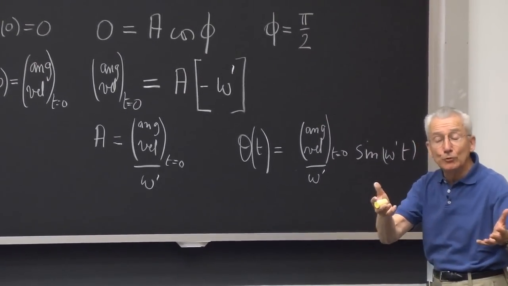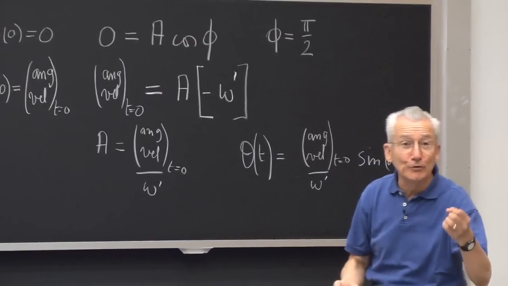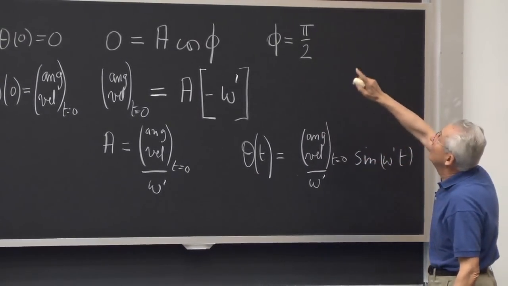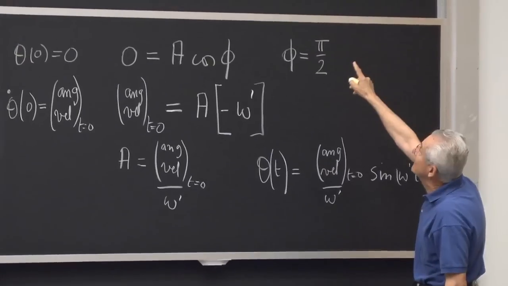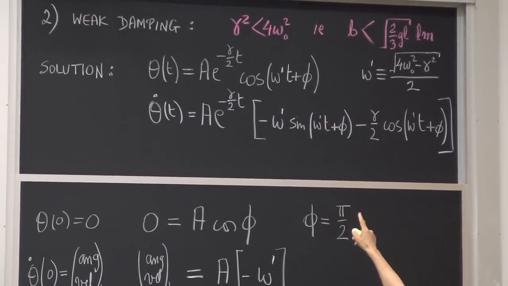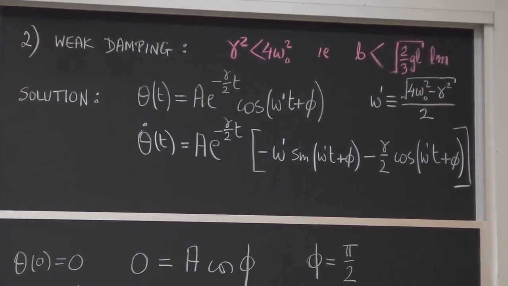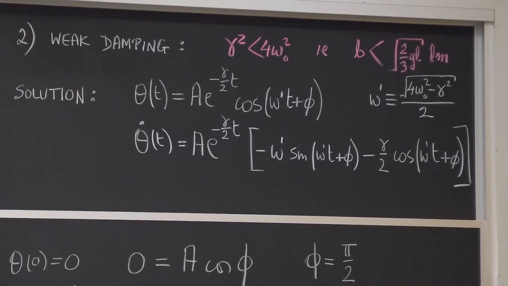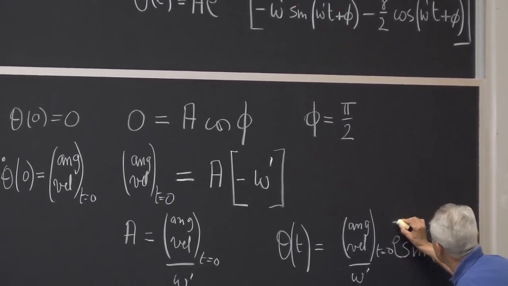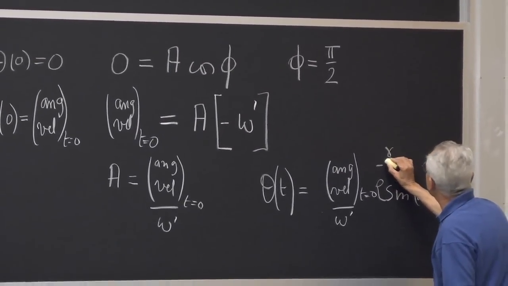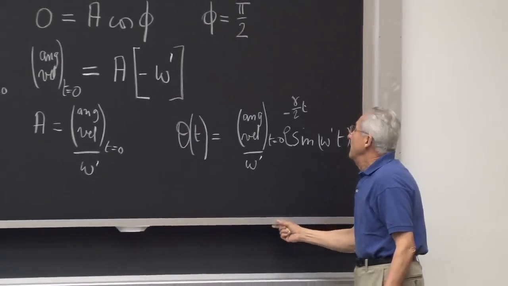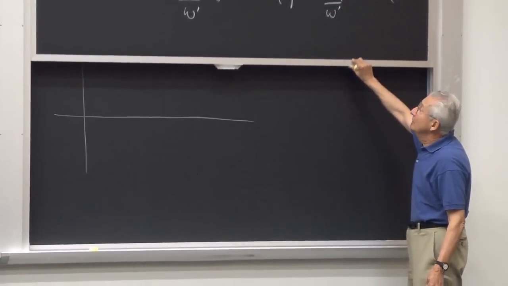if I had a room full of students here who would correct me, then I would have caught the mistake. If you look at the second equation, it says theta of t is a e to the minus gamma over 2t cosine omega prime t. When I rewrote it, plugging in the value of a, I forgot the e to the minus gamma over 2t. Okay? Sorry about that, and we continue.